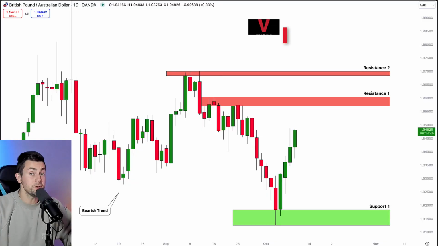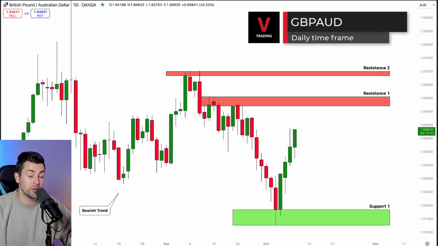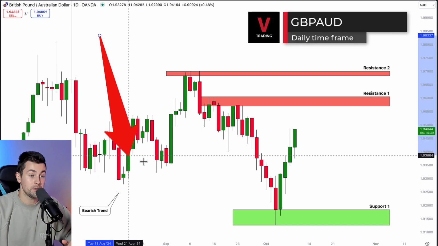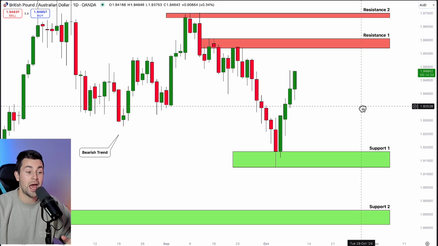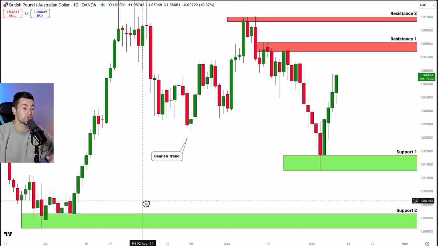In a bearish trend, selling from the resistance, we will trade with the trend, while buying from the support, we will take the trade against the trend. Here's the example of a daily time frame analysis for pound Aussie pair. You can see that the trend here is bearish, and I have identified 2 strong resistances and 2 significant horizontal